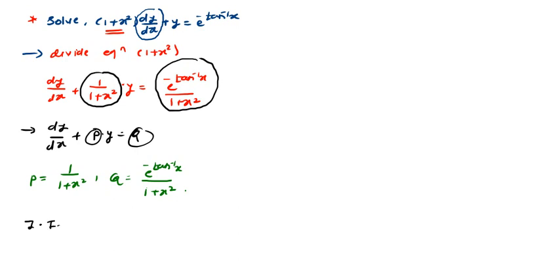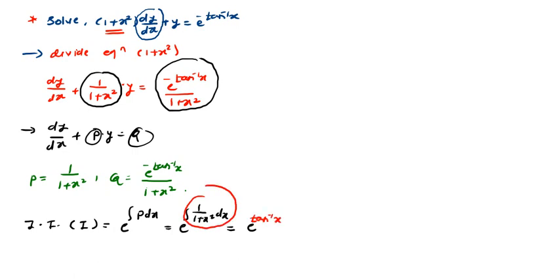This integrating factor, which I will call capital I, is equal to e to the power integration p dx. What is p? p is 1 upon 1 plus x square. So it is e to the power the integration of 1 upon 1 plus x square with respect to x, and its integration is nothing but tan inverse of x, so the integrating factor is e to the power tan inverse of x. So we got the integrating factor, and we can find its solution. Therefore the solution is given by